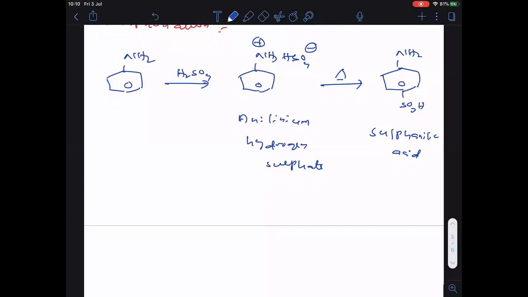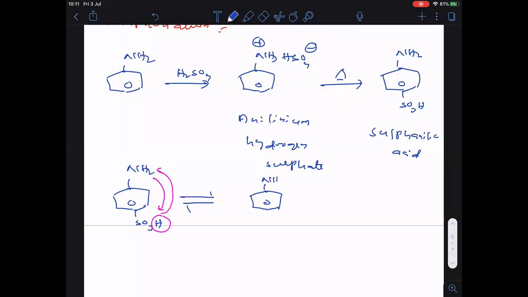Clear. And now here one important point I want to discuss. Clear, everyone? So what is that one? Now, for example, here I will take sulfanilic acid. This sulfanilic acid, what happened? This hydrogen is there now. This hydrogen may go from here to here. Again, it will come back also. So it is a reversible process. Follow? Then here, what will you get? See clearly. Here you will get the NH3 plus, and here you will get the SO3 minus.